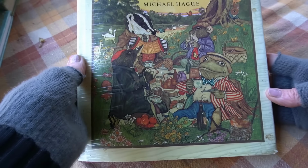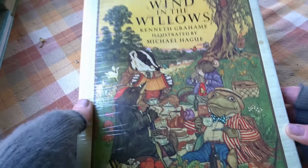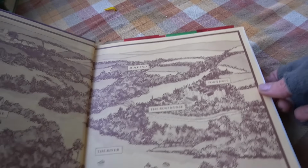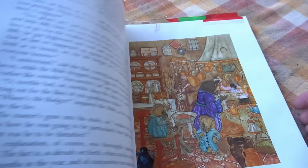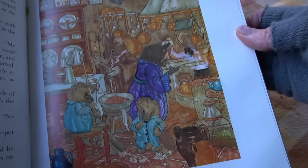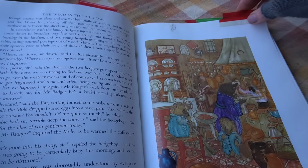My favorite copy, illustrated by Michael Hague in the 1980s, and you can see probably that this is something I refer to often by all my little index tags here because I absolutely love his work, and he's been a big inspiration on my work as well because I love his style. I don't think I have to tell you what I love about it. You can see